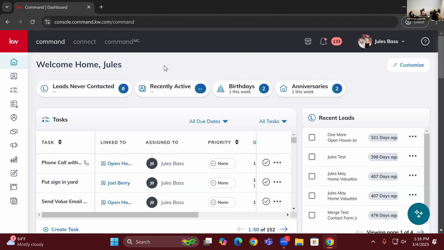So then we can just click continue once you add that tag, and it's going to begin to import. Based off how many contacts you have, it shouldn't take any more than 10 minutes to get in there. It's pretty quick. And then they'll be in your Command database on your phone as well as on the computer.